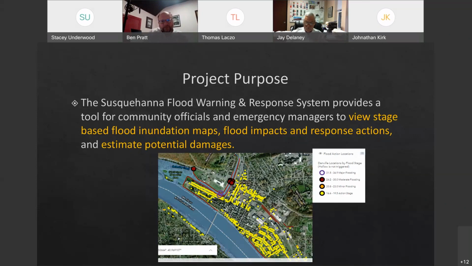And then the other thing that the tool does is provides an estimate of potential damages based on a stage elevation of flooding. And at this point, we're not developing this for public dissemination. We may get to that point in some shape or form, as I'll go back to this probably a few times. This is version 1.0, and as we work through the webinar today and the exercise in November, if you're seeing functionality that you'd like to see the tool provide,